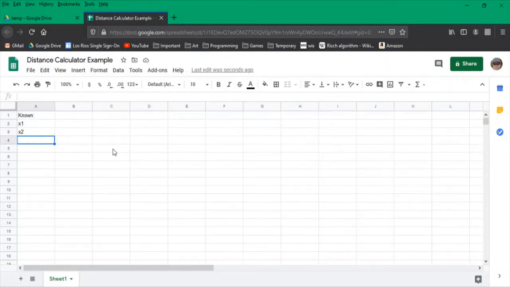We're given 2 points, point 1 and point 2. We're going to be trying to find the distance between them. That implies we know where they are, so we know their coordinates. And what we want to find